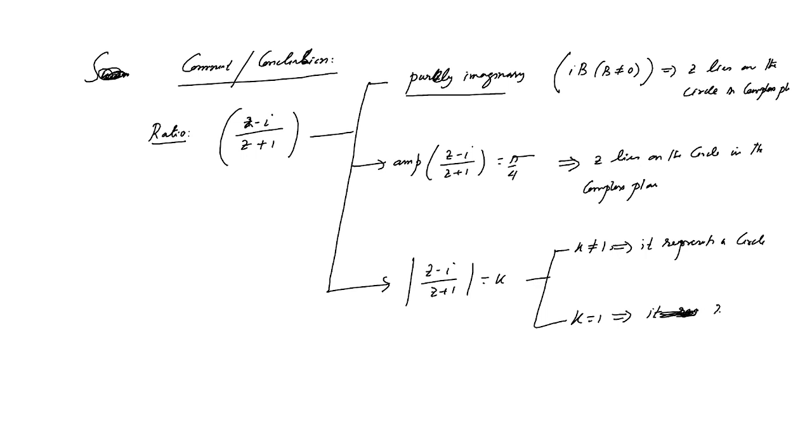That means z lies on a straight line. So this is the conclusion. You need to recall these three kinds of cases for the ratio z minus i by z plus 1, and these are the conclusions. So thank you so much, and from this you can expect